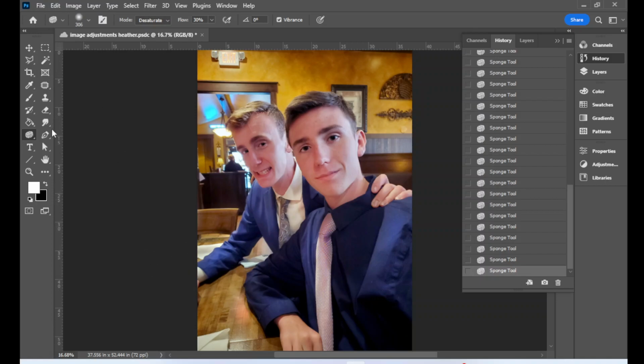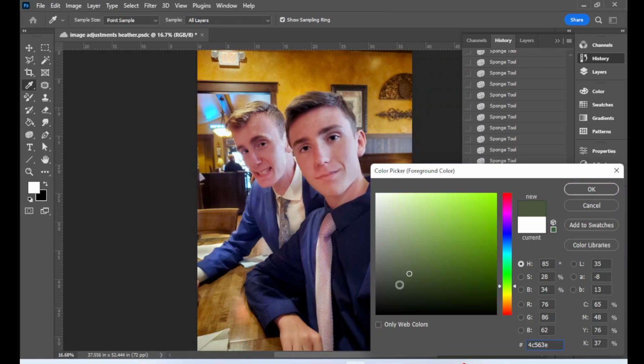All right, so the color replacement tool is, I always forget where this is, so give me a second. It's up in here somewhere. There we go. So it's under the paintbrush tool. It works just like a paintbrush, okay, color replacement tool. But what you have to do is you set your foreground color to whatever color you want his suit to be. So we're going to try to match it to his tie a little bit. We're going to do kind of a